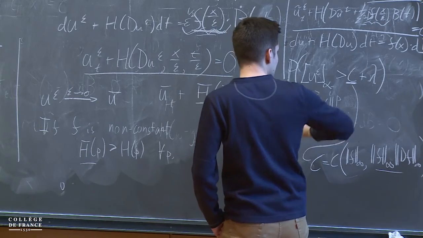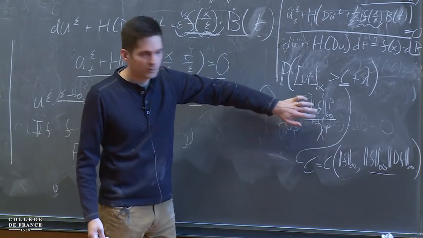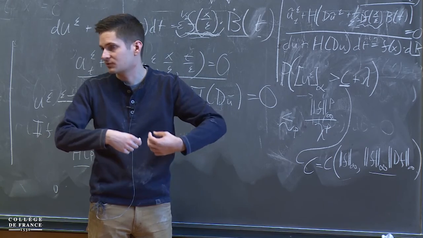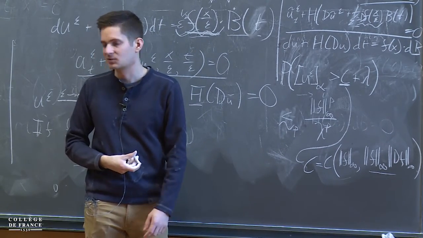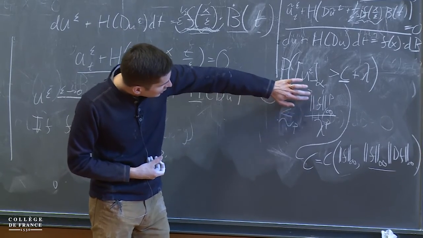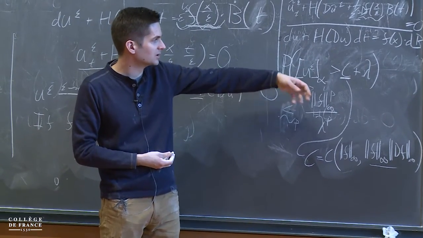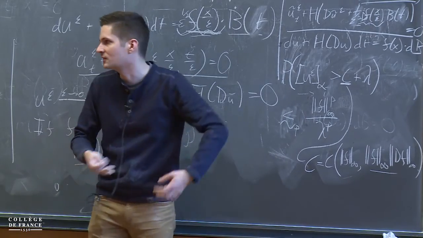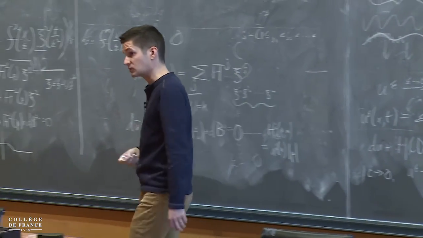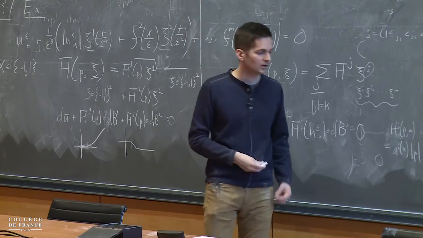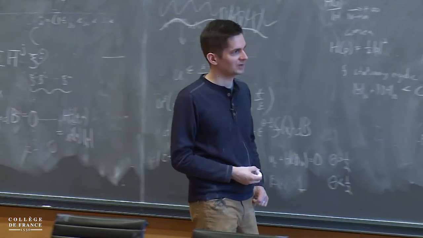And indeed, one last thing I'll say is that if you look at this estimate, if I replace f with epsilon to the 1/2 times f evaluated at x over epsilon, this will actually give me another power of epsilon coming out, which means that I'll be able to say more. I'll be able to use some Borel-Cantelli argument to say that for epsilon smaller than some random threshold, I actually have a uniform bound in the probability space for these alpha norms.